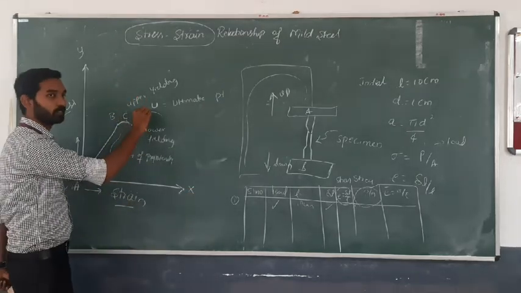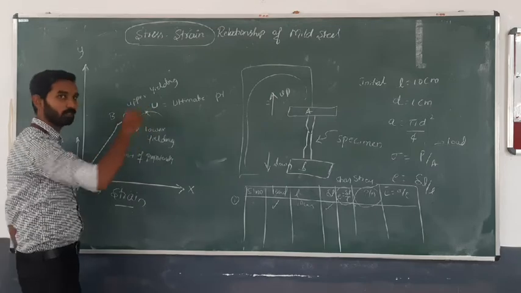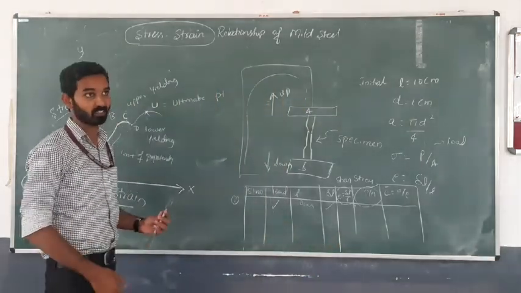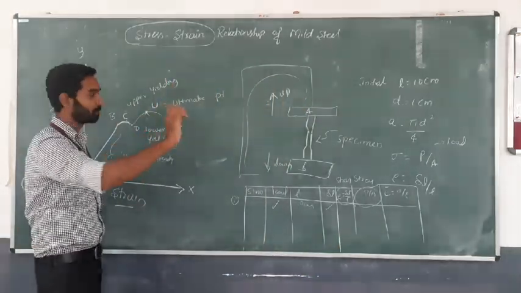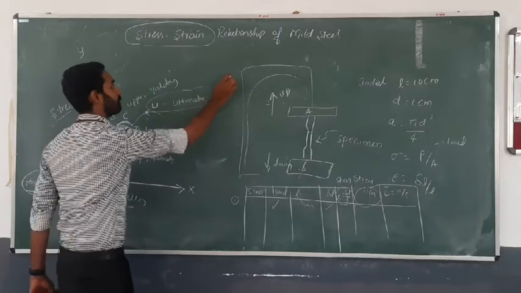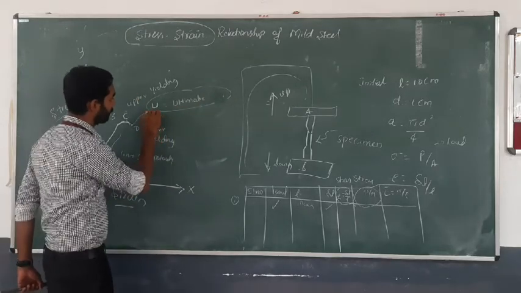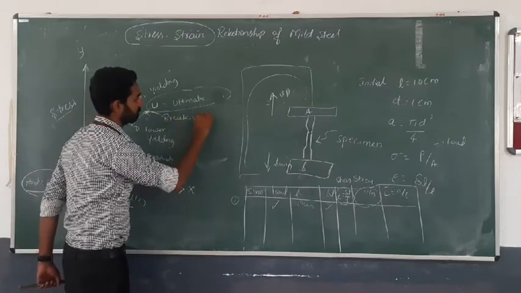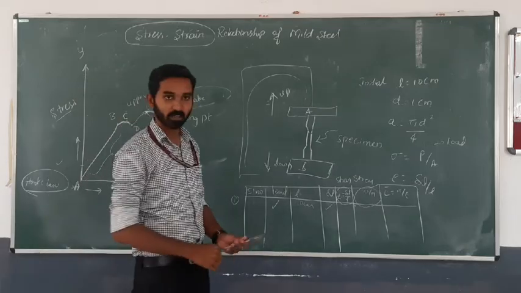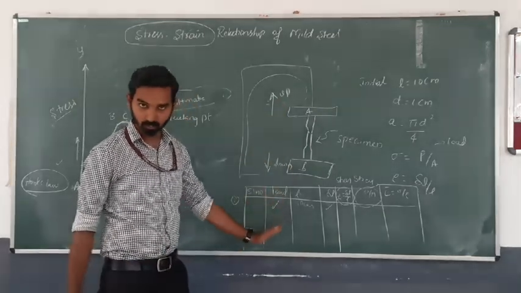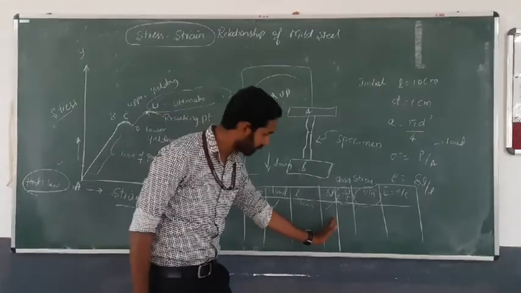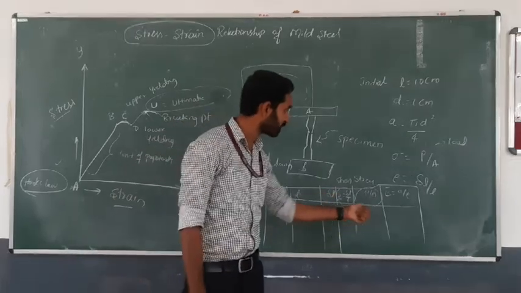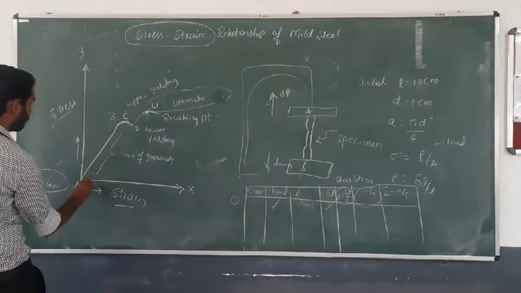Beyond this point, the material will not be able to take any loads, any stresses and any strain. So this is the maximum limit. After reaching ultimate, there is the breaking point. While conducting the experiment, you just need to go on writing the readings, that is load, change in deformation, load, change in deformation. After getting the results, you need to calculate the stress as well as strain. Then you need to plot the graph.